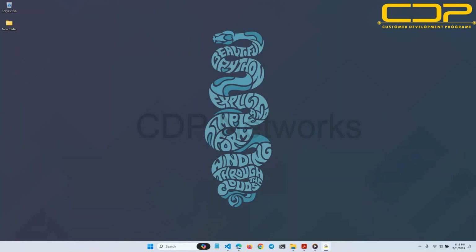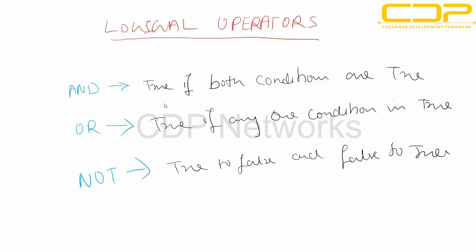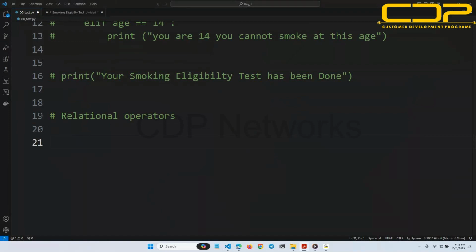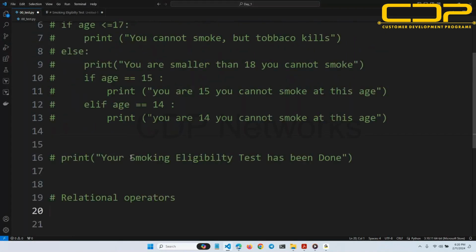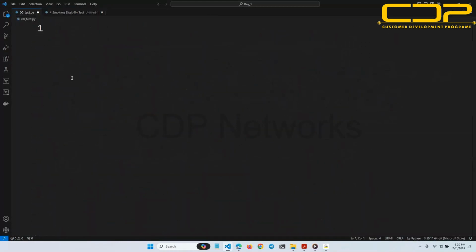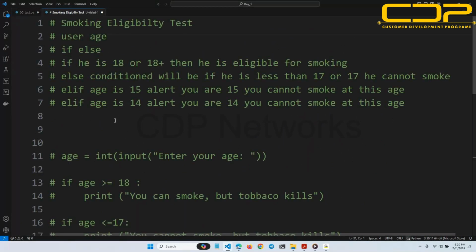Okay, guys, I'm back. Sorry. So we were on the not condition. Not makes true to false and false to true. That's it. So now we will check in VS Code. We were talking about not. So first we will check and, and same we will use